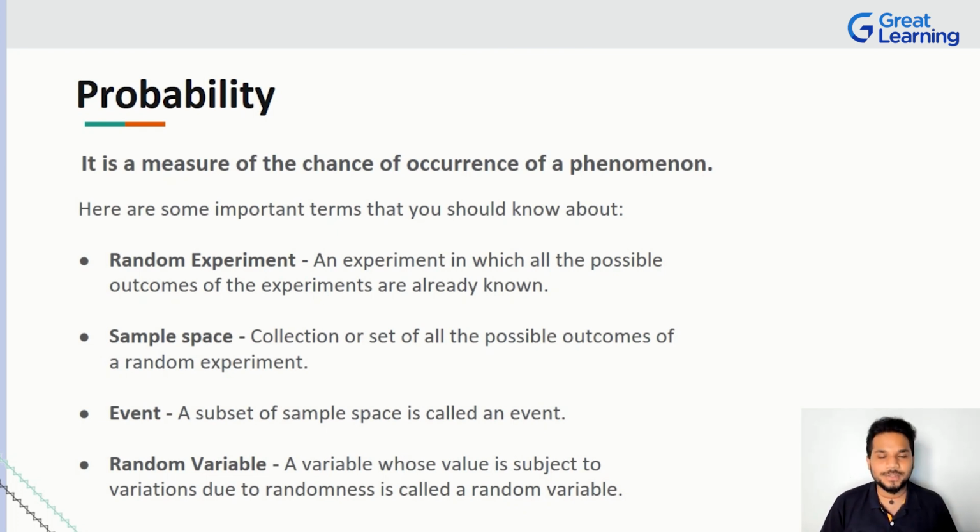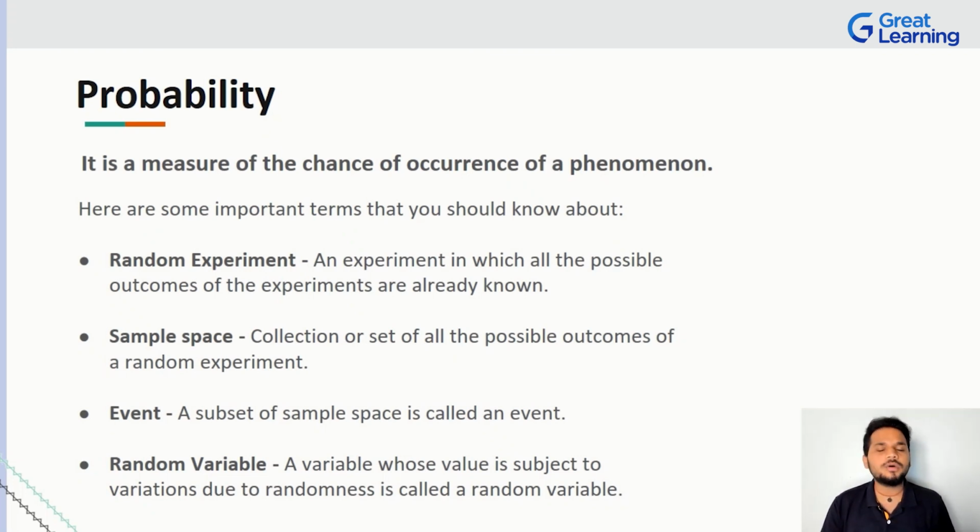Think about a coin toss. A coin toss is either heads or tails. There's only two options and you have a 50-50 chance. It's either this or it's either that. How do you know you have a 50-50 chance? Because you have only two outcomes and you have to pick up one outcome out of that. So 1 by 2 is what? 0.5. 0.5 is what? 50%, right? That's the world of probability out there.